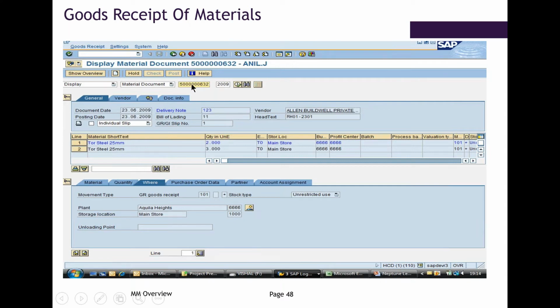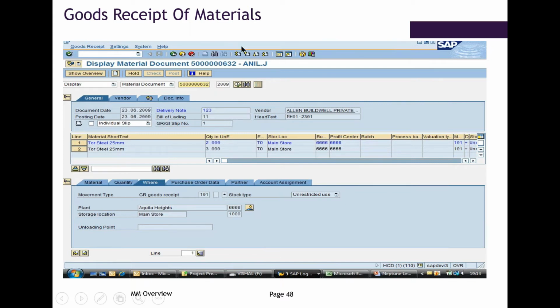As soon as you enter the PO number, all the details will appear automatically in SAP: the vendor number, what the material is, which PO it has. You just have to see the quantity which you received and enter that quantity, enter the storage location to which it has to go, the delivery note number, and the date you received. That is all you need to enter. The rest, the system will take care of.